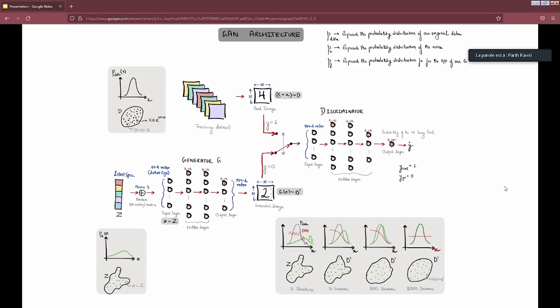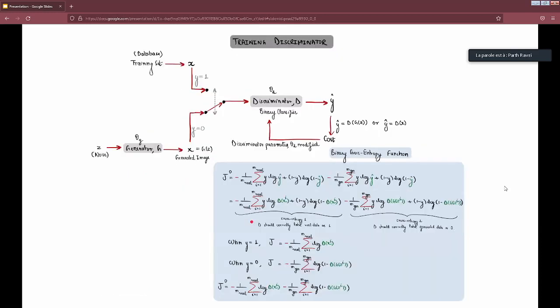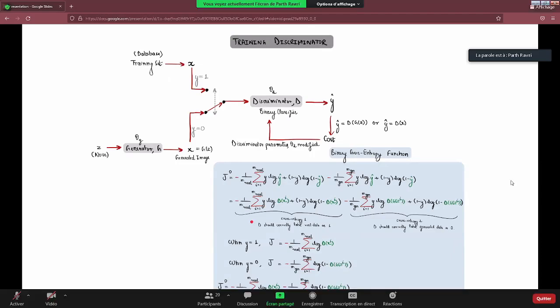Once a model is trained, you'll be able to output real looking fake generated images. Okay. So let's look at the training portion in detail, how we train the